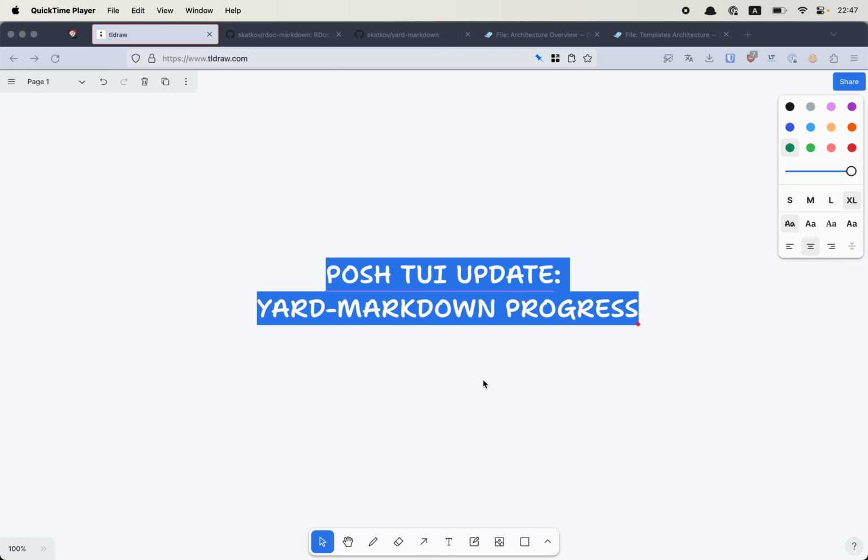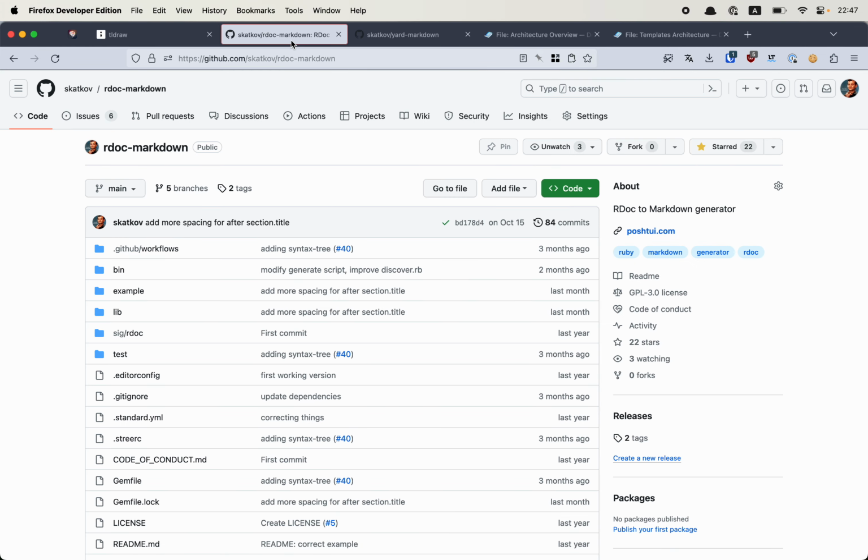As I can speak a little bit more in this screen recording, I just want to give a backstory on this. I first created an RDoc Markdown gem, which solved the problem that I had back then. I needed to generate documentation for Ruby, and Ruby's source code uses RDoc as documentation. But when I needed to add Rails documentation to the Posh gem, they don't work with RDoc,